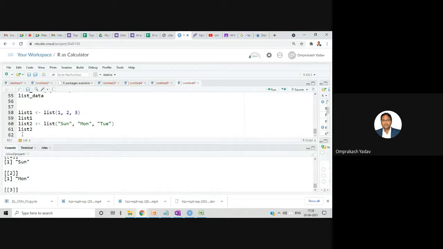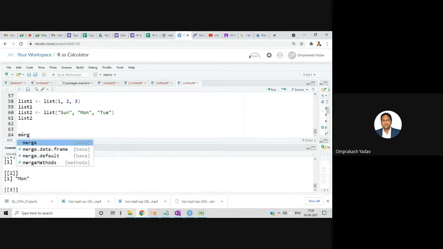Now, if I want to merge, meaning combine, both list 1 and list 2, what we can do is use one function, the c function. With the c function we can merge.